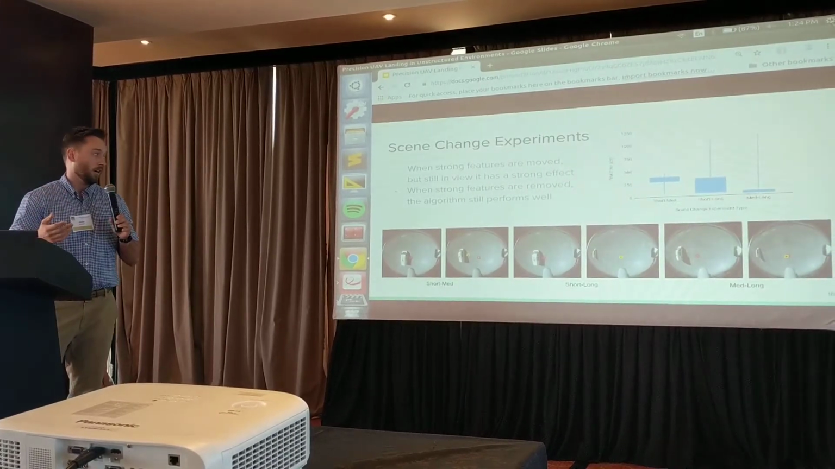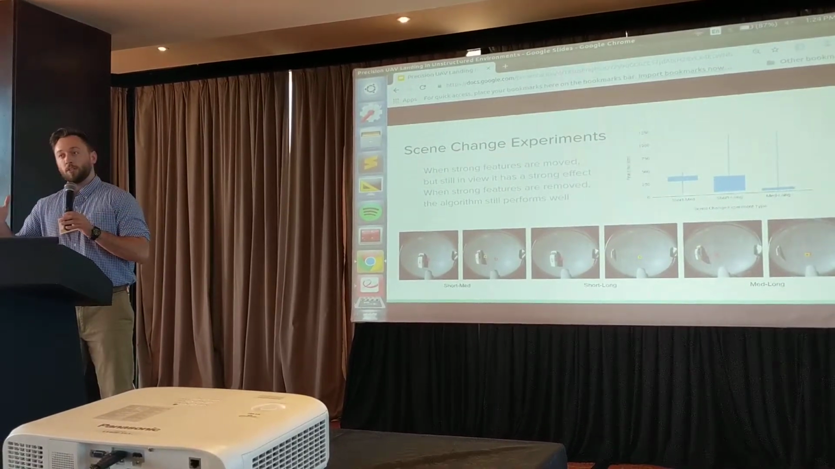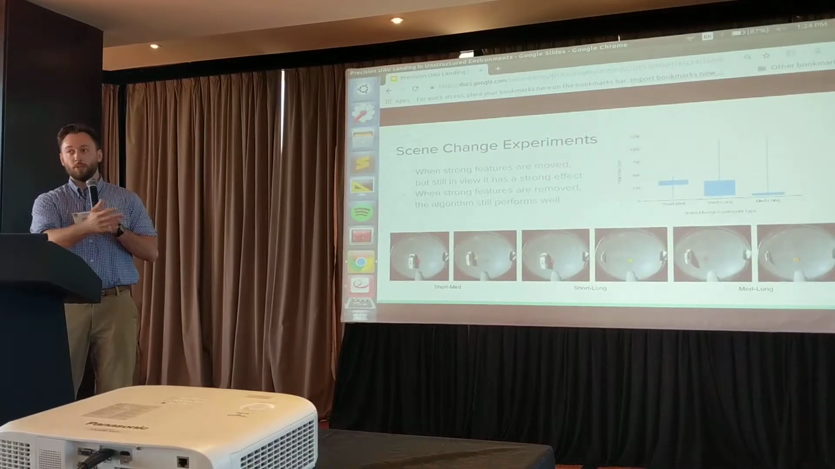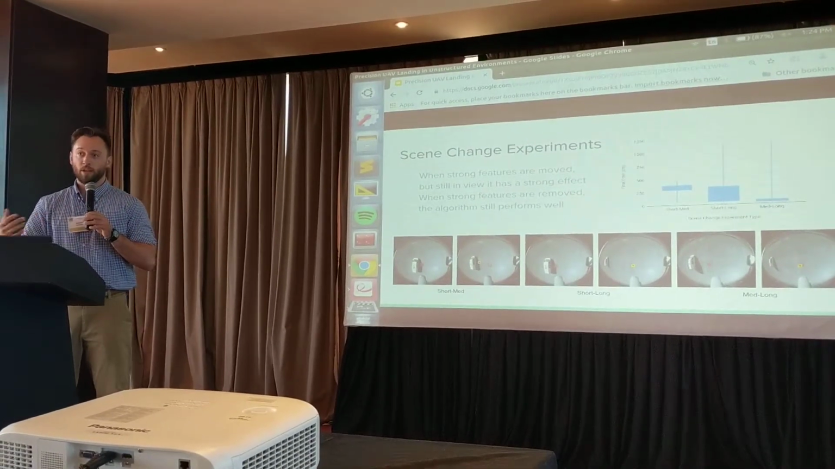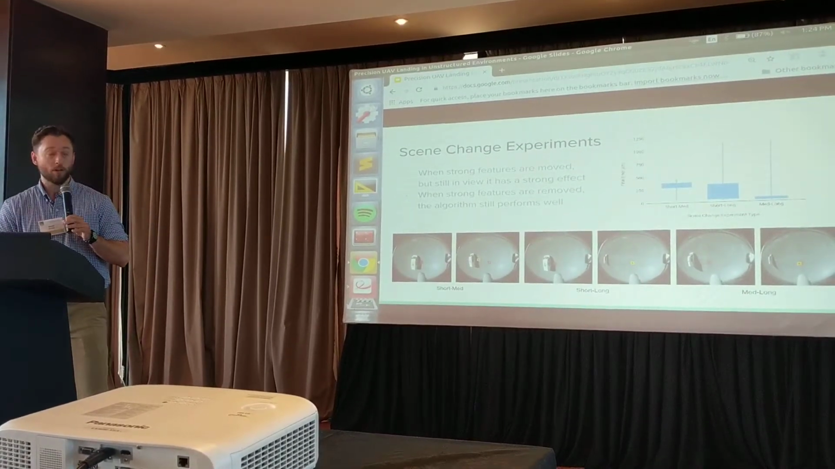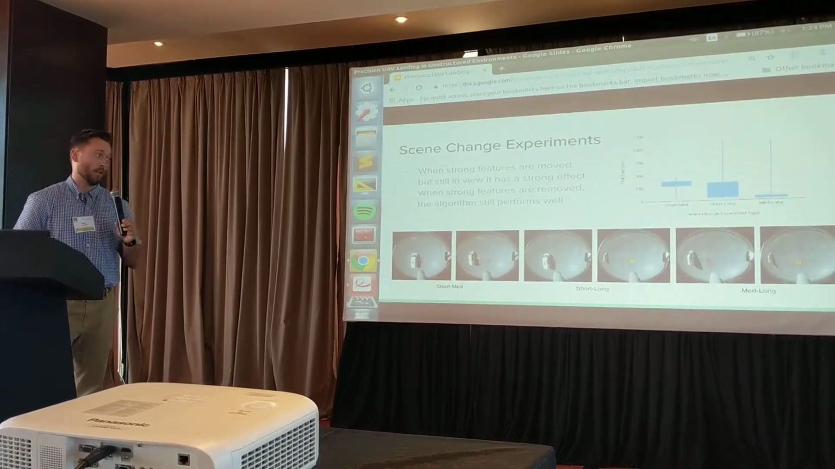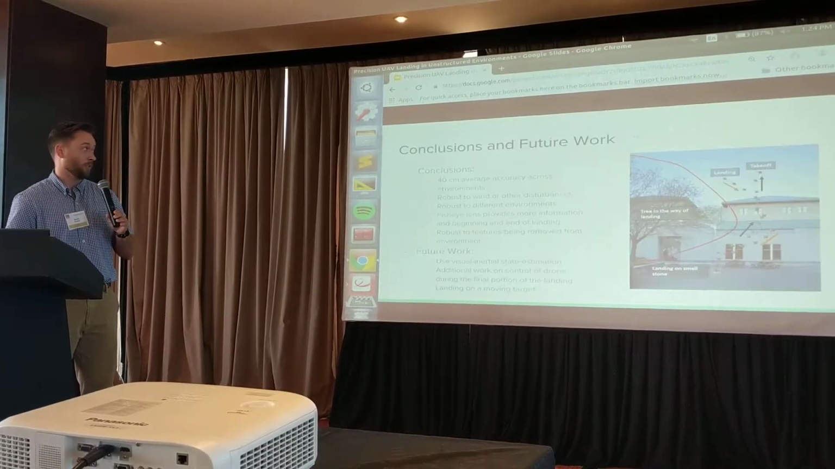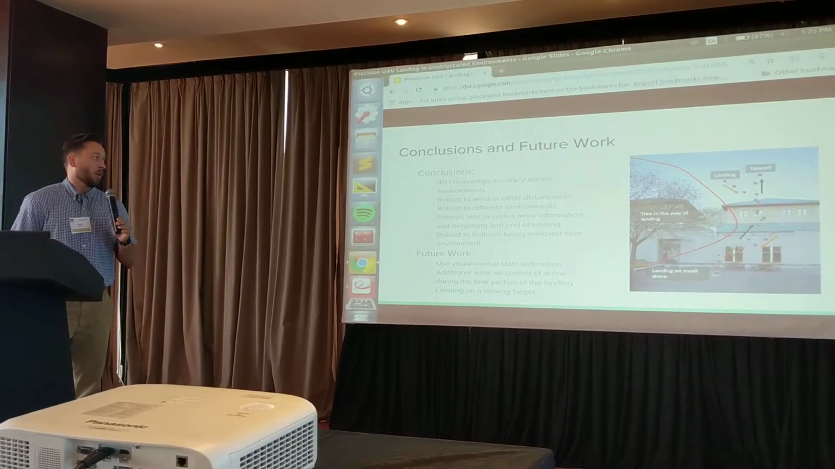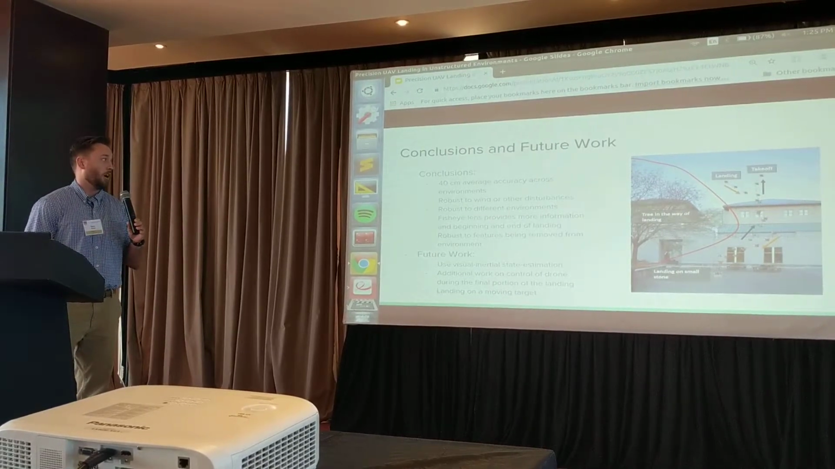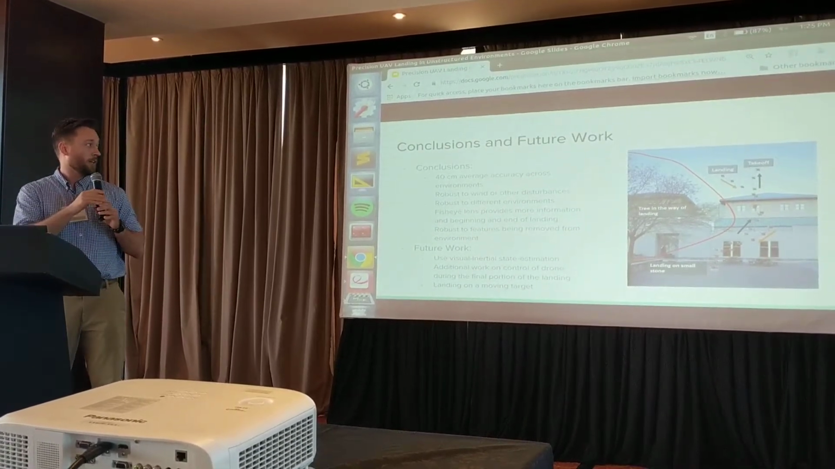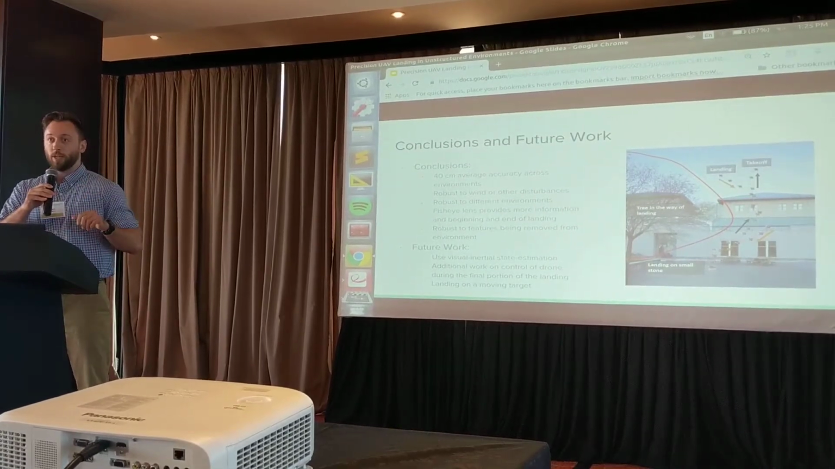For the other cases, the strong feature set was removed from the image or pushed far enough out that it was weighted less in the position error, and the drone was able to land fairly accurately still with the remaining features. In conclusion, we believe that we have produced an accurate precision landing algorithm for